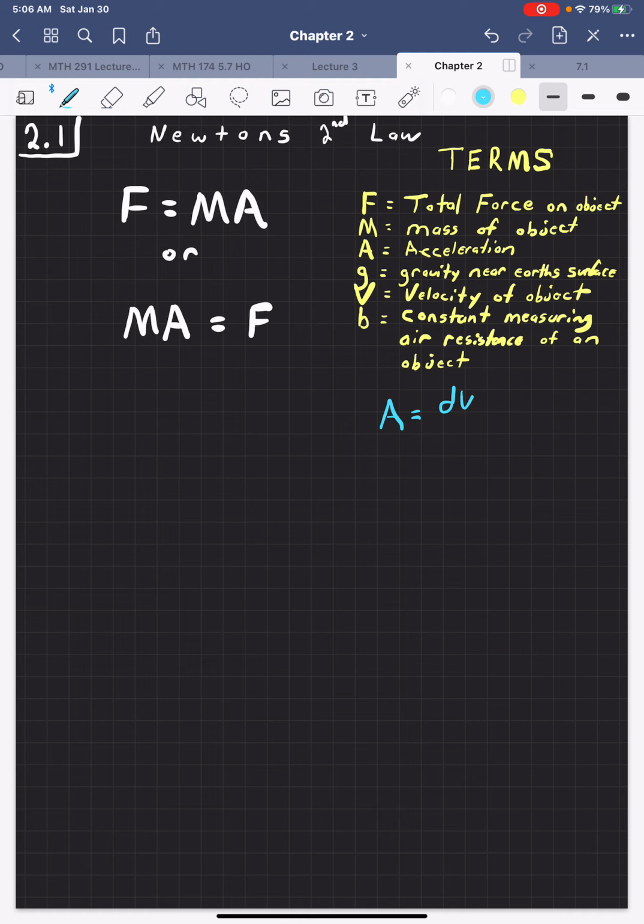So dv/dt. The first thing I'm going to do is substitute dv/dt in for a. So now we have m multiplied by dv/dt